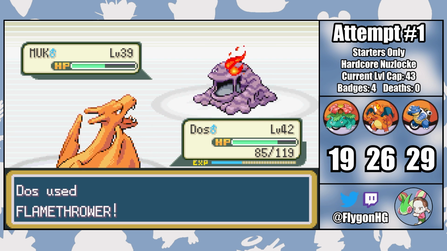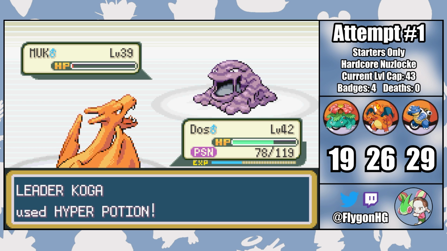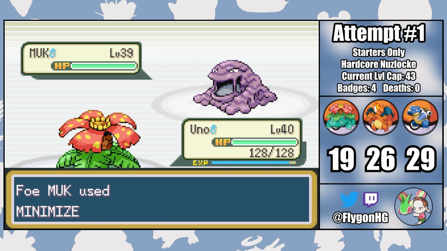Sadly though, another Flamethrower leaves Muck with seemingly 1 HP. Muck also hits Dose with a Toxic, meaning we're on borrowed time. To make matters worse, Koga has a second Hyper Potion, and Dose misses his attack. So all that hard work was more or less for nothing, and now we gotta switch out, as Muck is